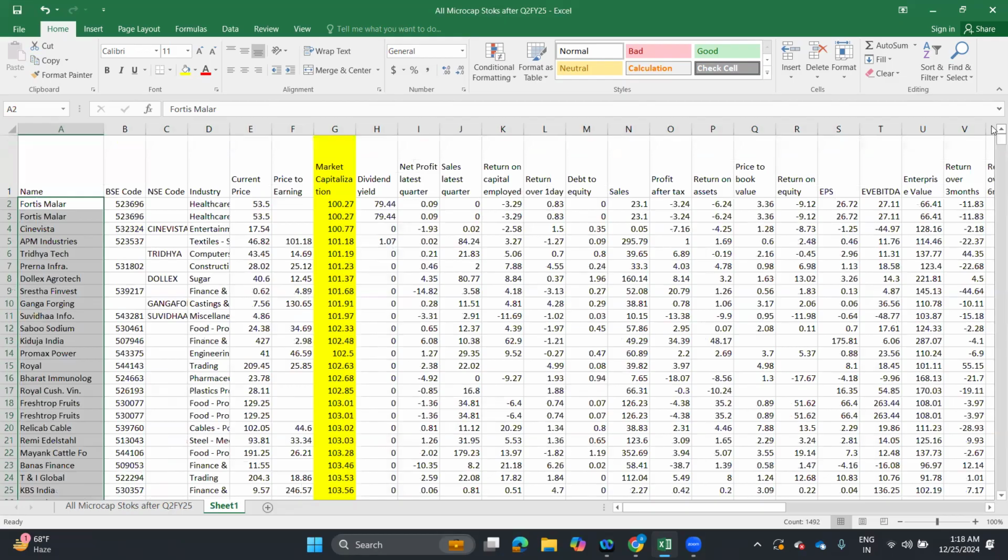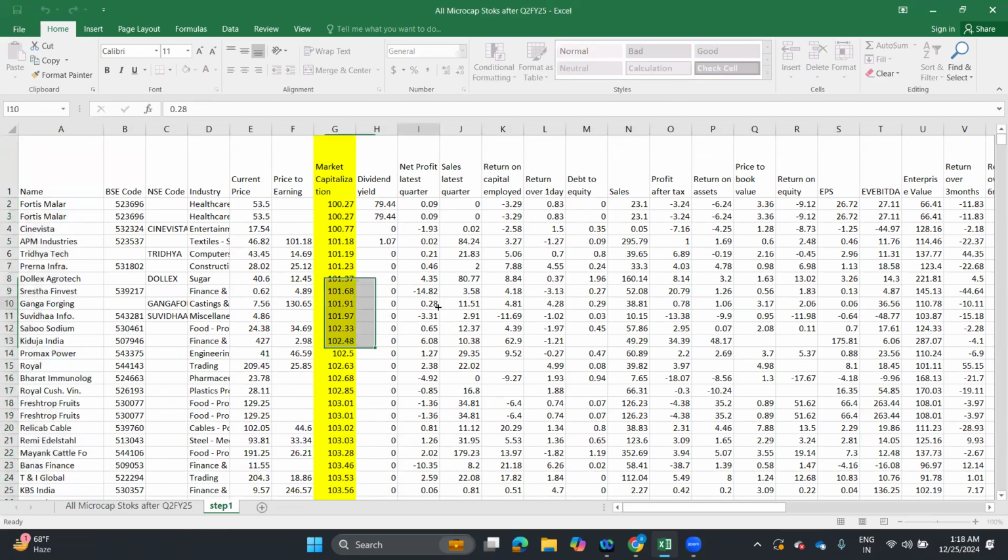Now I will do the actual filtering process to shortlist the final set of stocks. So this is step 1. Okay, this is step 1. Next is,